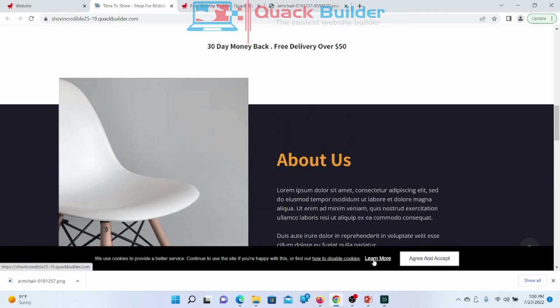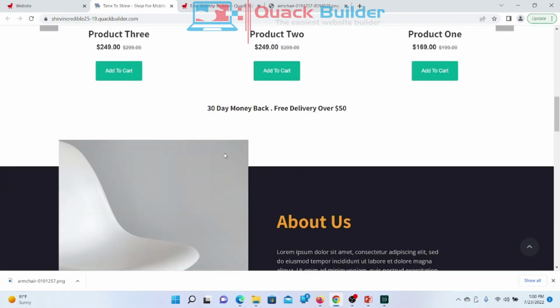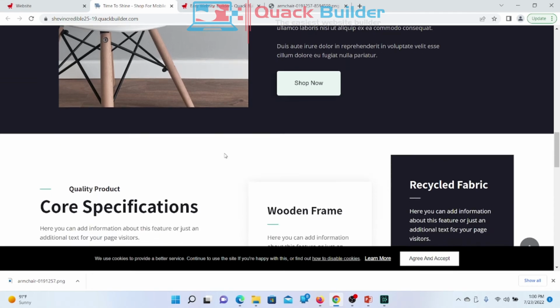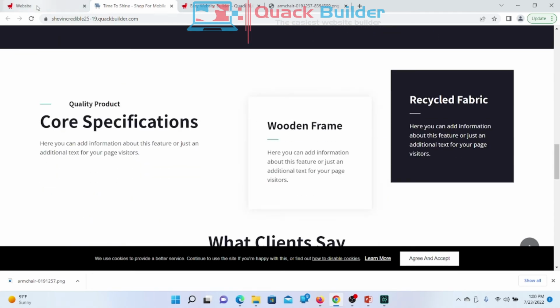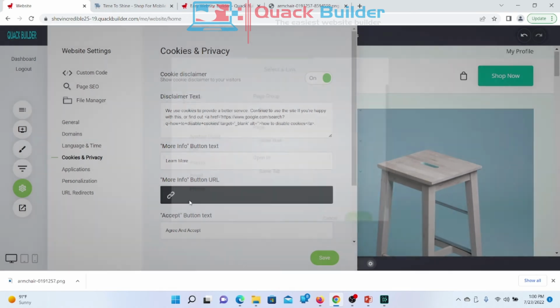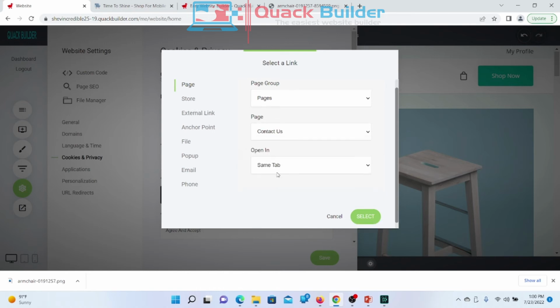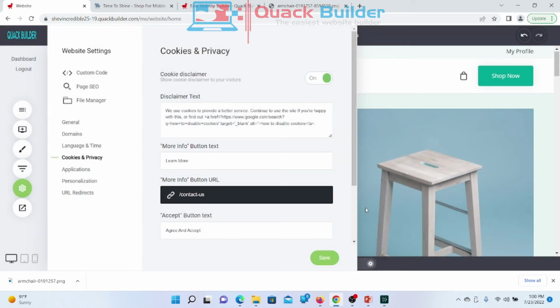And as you can see, you can click learn more, and it will take you. I don't have anything linked to it as yet, but if I go back to the builder, this is the link that you have to create. So for example, if I say, all right, go to the contact us page for now and select, as you can see it populates that contact us in there. So if I click save and then go back